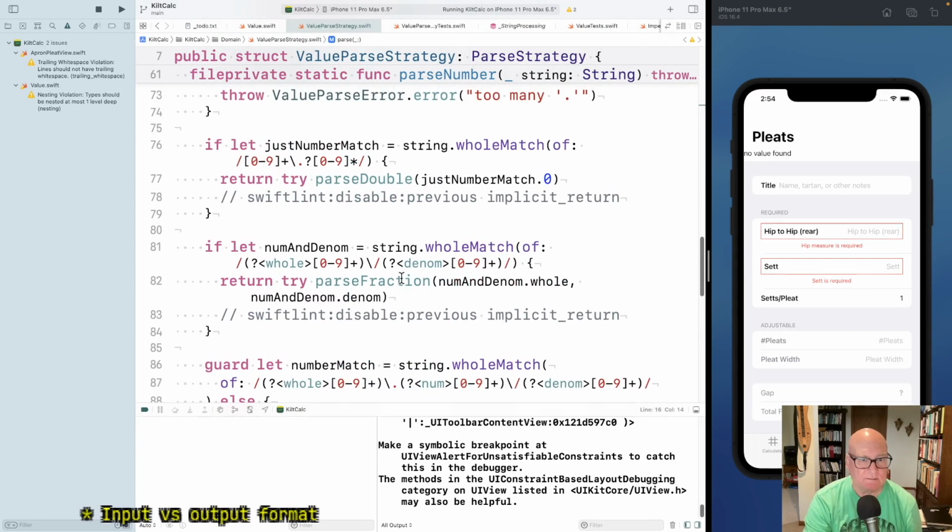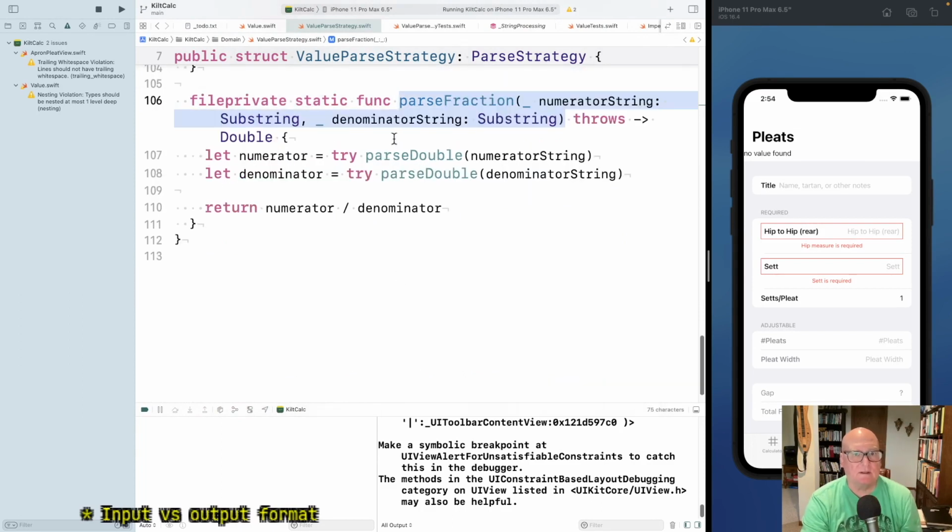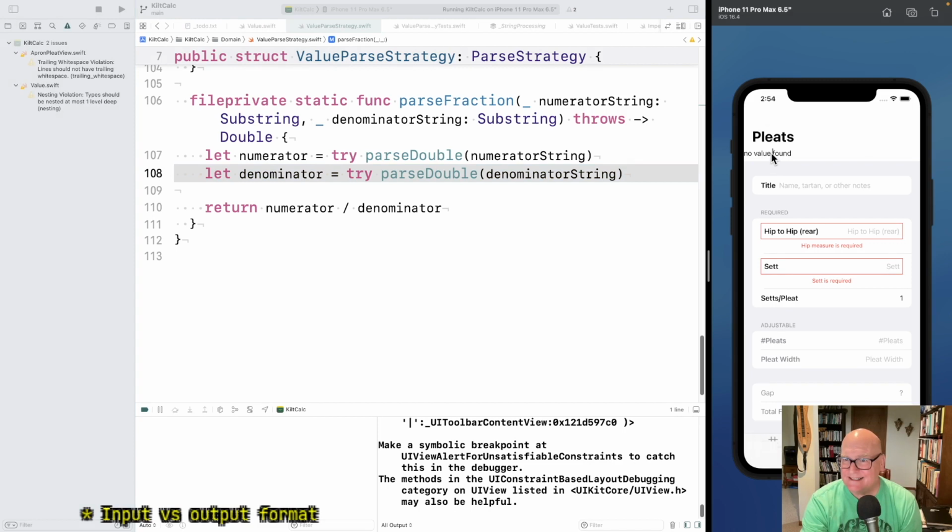Where's the fraction? Parse fraction. Just double parse double. Okay. 314 and 1/8